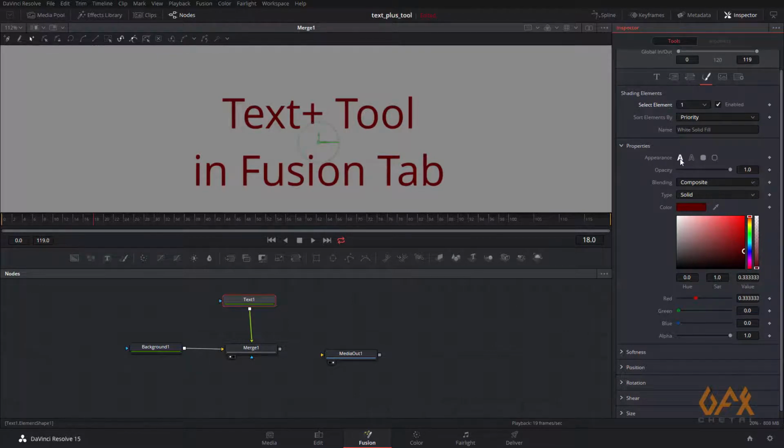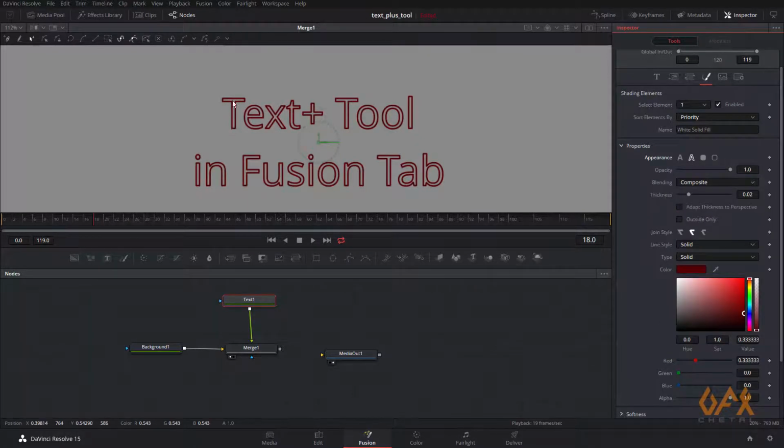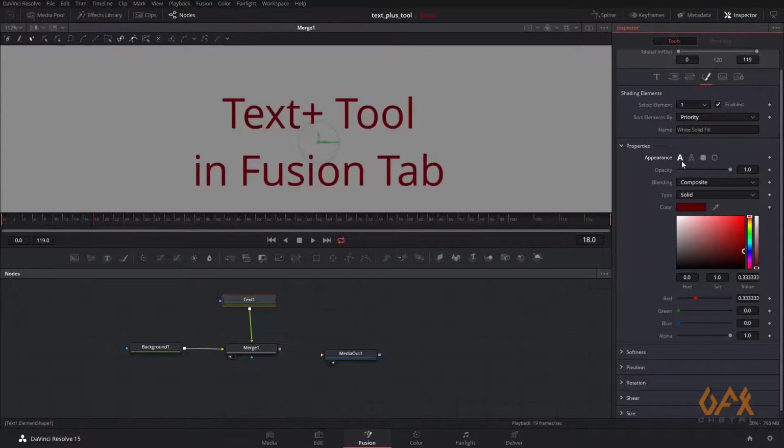So here appearance, text fill, if I change it to text outline, now you see this is basic opacity, blending, that transparent, and all those stuff. Right now I set it to composite. So if you have some background thing, that will affect over here. The type is solid, so all text contain this color.